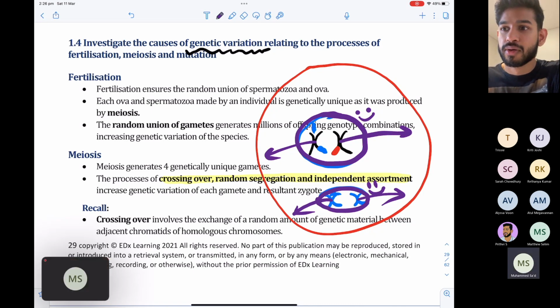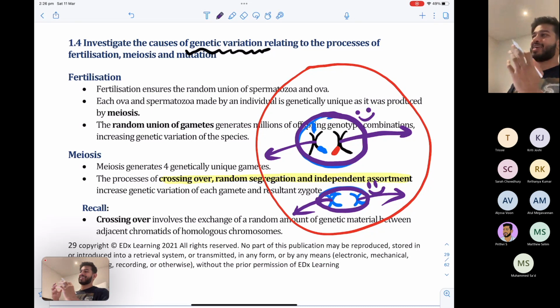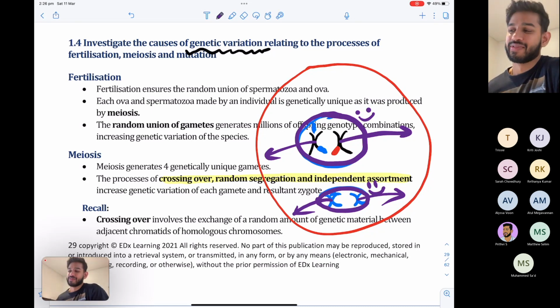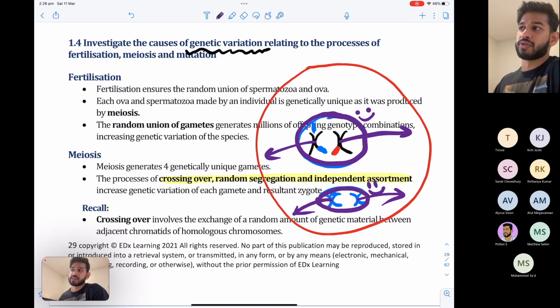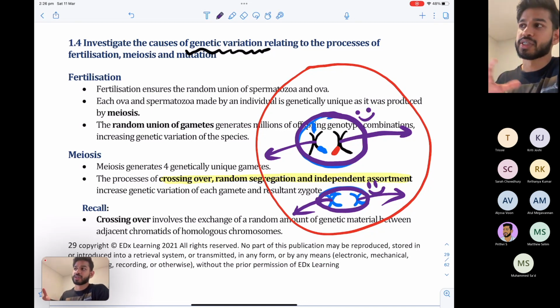Isn't the independent assortment, isn't that part of the metaphase, right? Very good question. See, this is where textbooks have different information, right? I've seen textbooks where it says metaphase. I've seen textbooks where it says anaphase. When I was in year 12, I went with anaphase. Now, I'm fine with you guys writing either, but ideally maybe ask your teacher, because this thing you have to understand, from a marking point of view, whatever your teacher says goes. Okay, in the HSC, you're free to say either, but just to give you all one concrete answer, just say